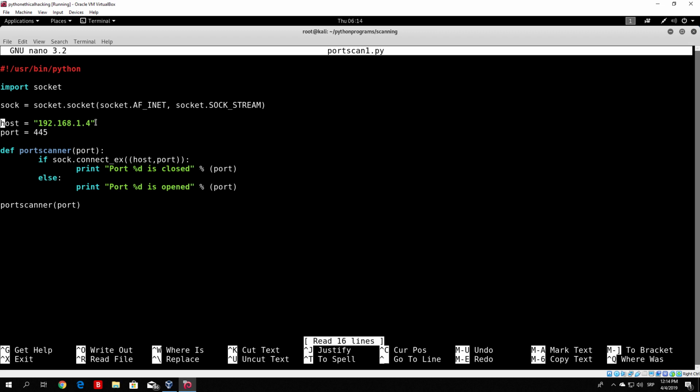So let us see how we can do that. Basically what we want to do is delete these two values, so delete the IP address and delete the port. And instead of that, we want to prompt the user of our program to specify any IP address they want and any port they want. So let us see how we can do that. We can do that with the raw input command. As we can see, raw_input